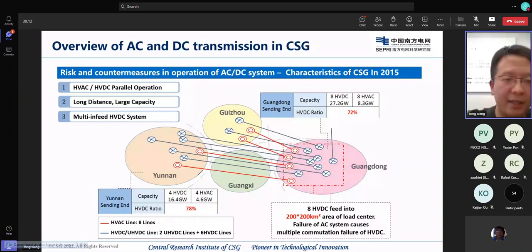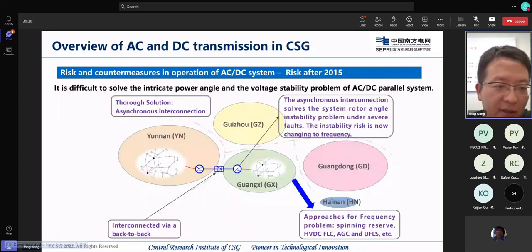So we do a system design, and we check how about we use back-to-back VSC HVDC to separate the sending end from the rest of the CSG systems. Because as we said before, if we have AC and DC parallel operations and the HVDC system blocks, it will transfer to the AC system. But if we have an asynchronous interconnection, when the DC blocks, it will not transfer any power to the AC system. So we think that the instability risk will change. And for this one, we can check this one. So if we do some